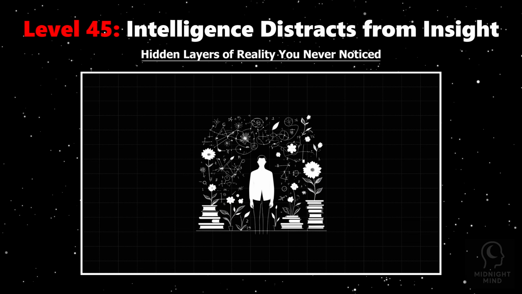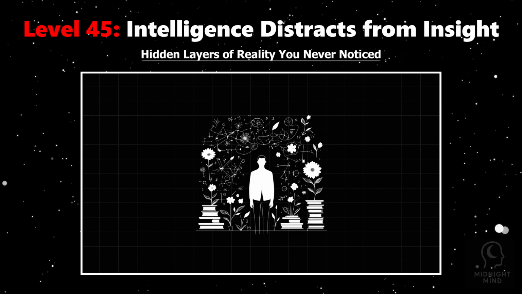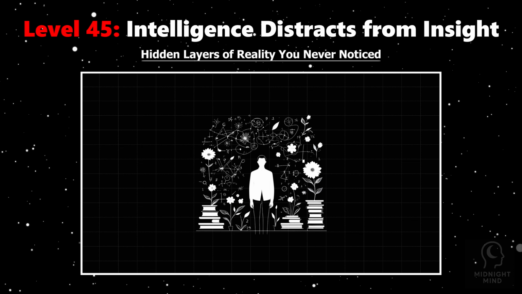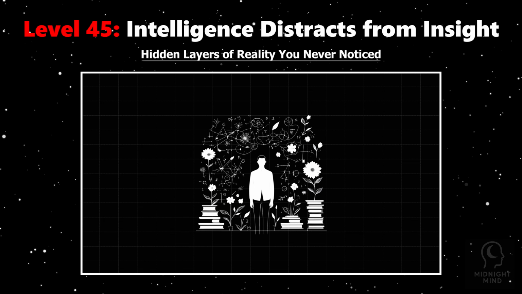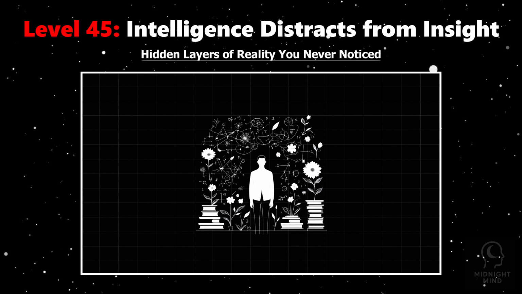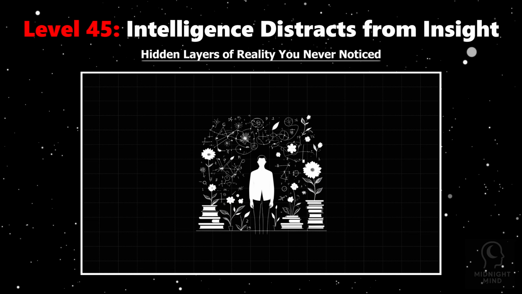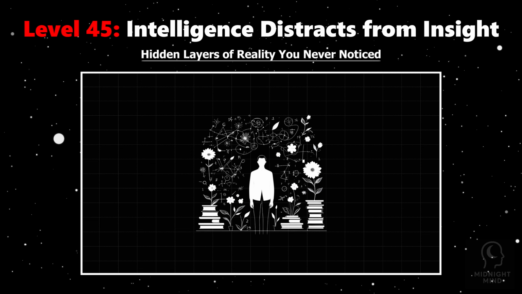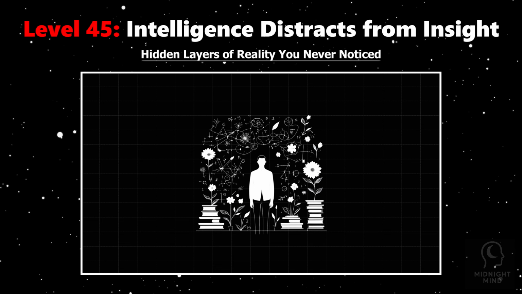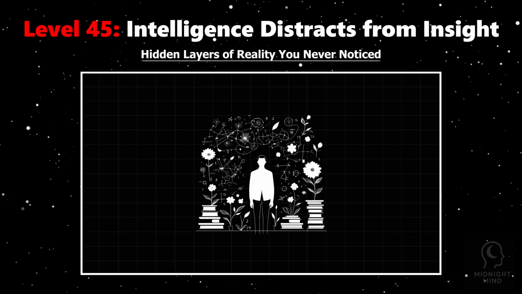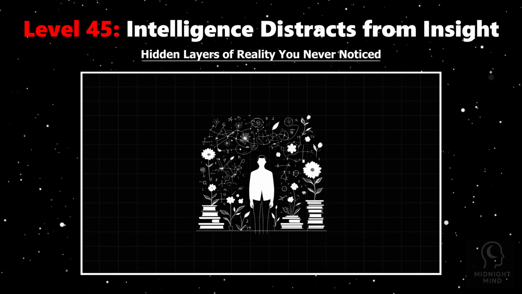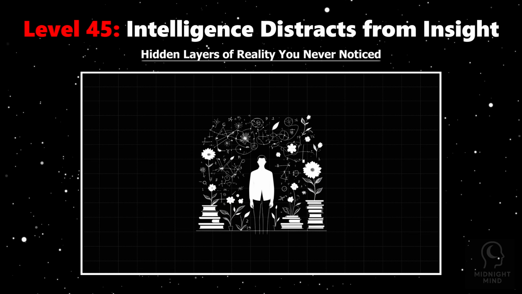Studies show that emotional insight activates different brain areas than cognitive reasoning, and balancing both is key to deep understanding. Yet, when intellect dominates, it creates a filter that screens out ambiguity and paradox, essential elements of life's complexity. This intellectual focus can foster a disconnect from oneself and others, hindering empathy and awareness. Paradoxically, true insight requires surrendering some control, embracing uncertainty, and tuning into feelings rather than just facts.